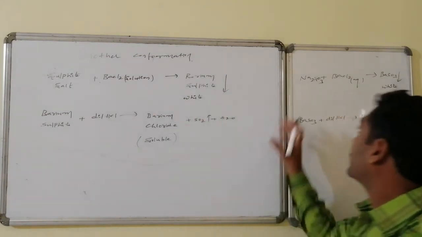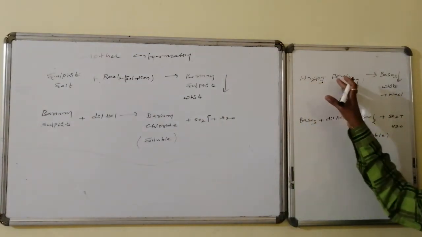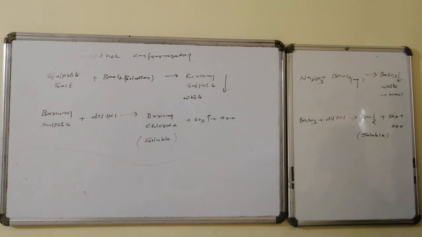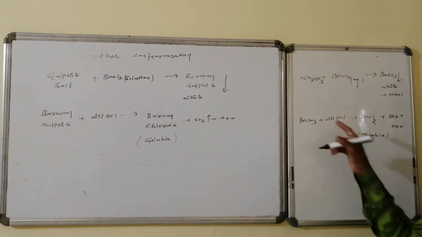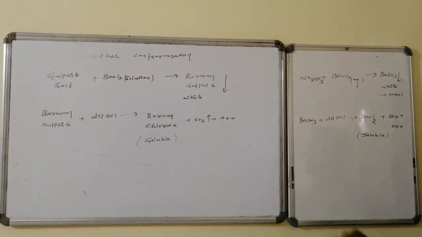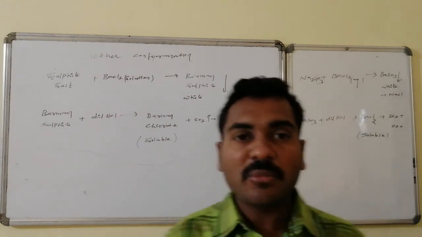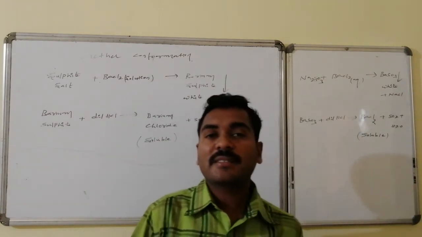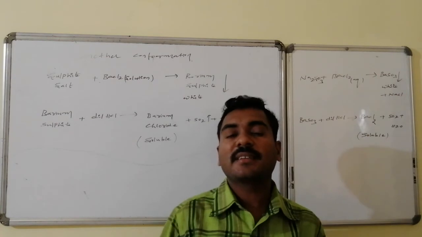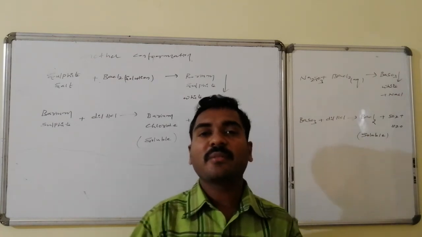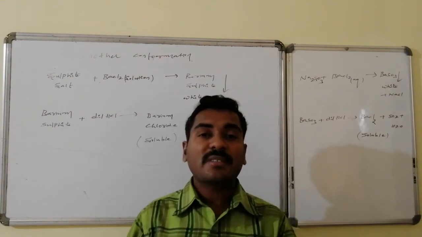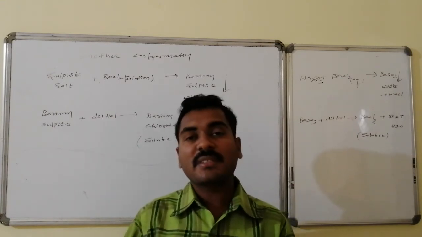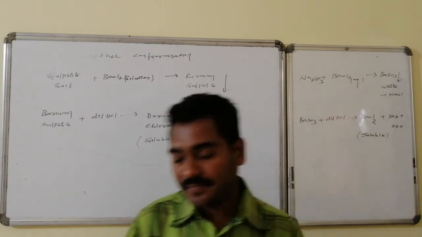Let us see. Here, sodium sulfite on reaction with barium chloride leads to the formation of barium sulfite, which is a double displacement reaction, a white color precipitate. For this, if dilute HCl solution is added, it once again participates in chemical combination, giving barium chloride, which is a colorless solution. That is, barium chloride is soluble in water, hence a colorless solution forms, and this confirms the presence of the sulfite anion.